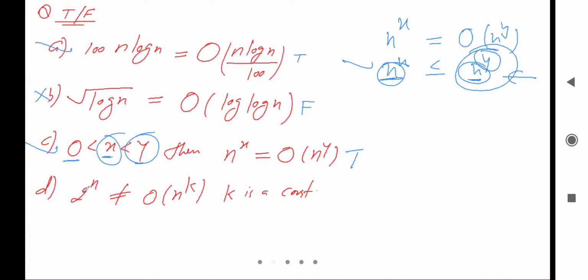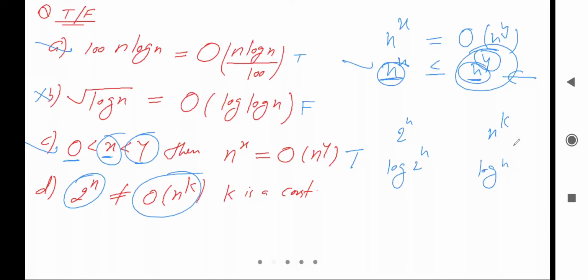Okay, what about this one? So here we can check that it is 2 power n and here it is n power k. Let's see which one is greater. So we can take log on both sides. Here it is log of 2 power n, here it is log of n power k, and k is a constant, so here it is k log n, and here it is n log of 2 base 2, which becomes 1, so here it is n. Here k is a constant, ignore that one, it is log n, right?